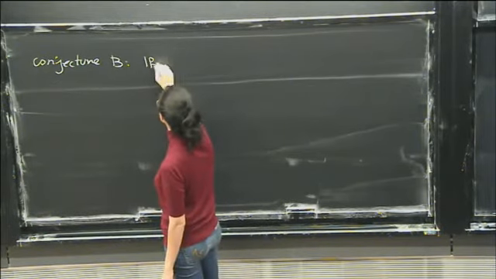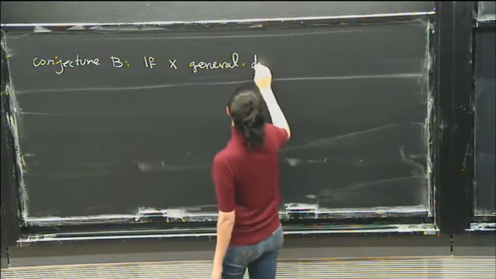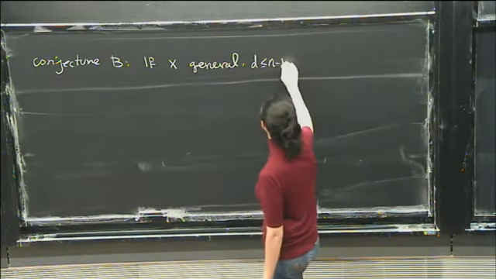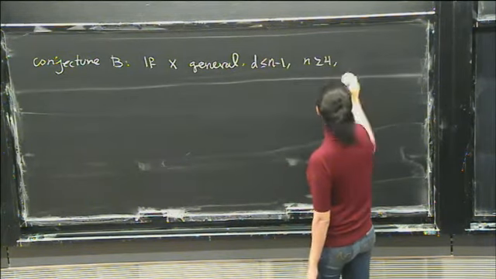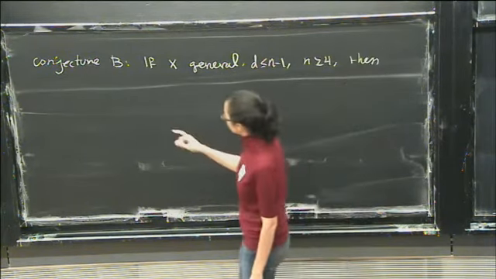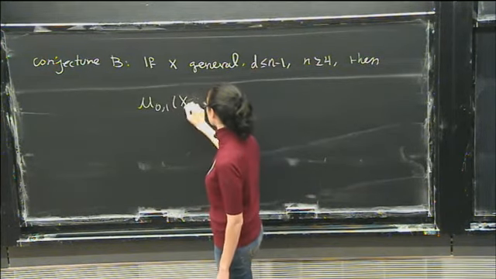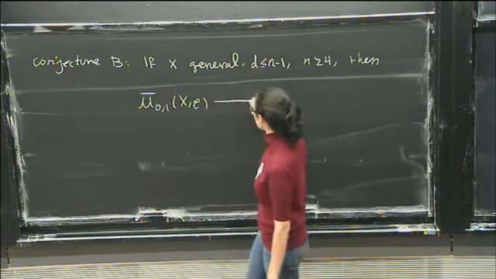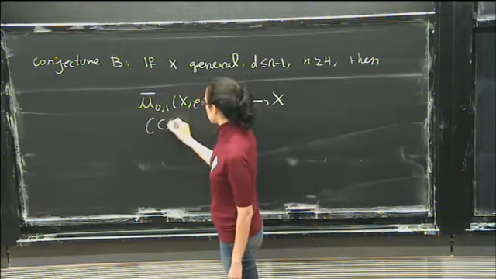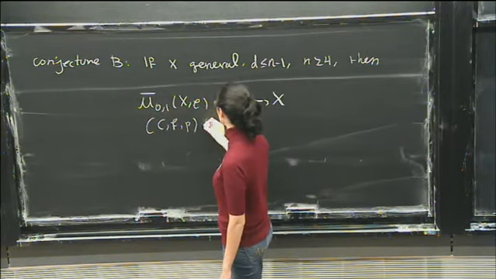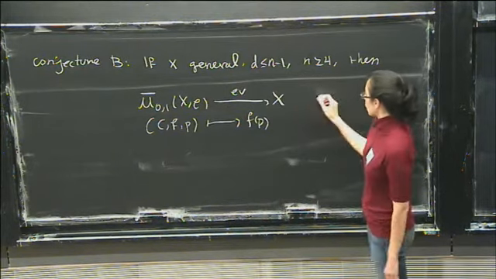If X is general and D is less than or equal to n minus 1, and n should be greater than or equal to 4, then if I look at the space of marked stable maps here, M_{0,1}(X,E), and the natural evaluation map that we have to X, sending the stable pair (C, f, P) to f(P), if I look at the fiber here,